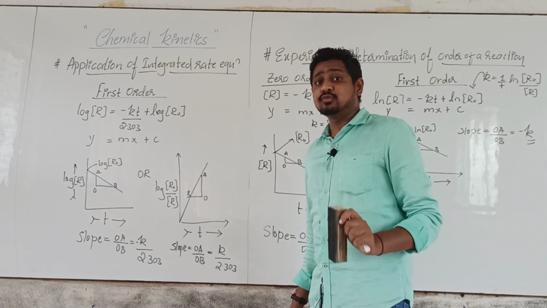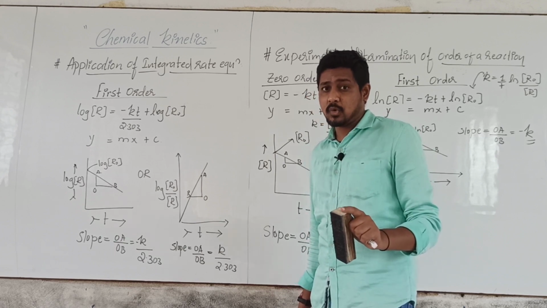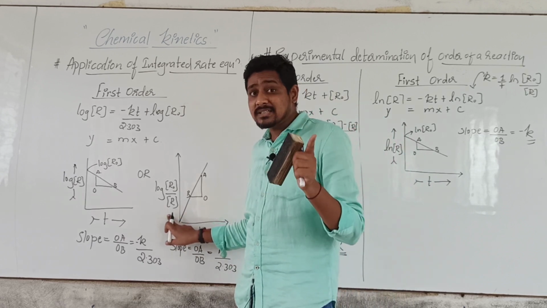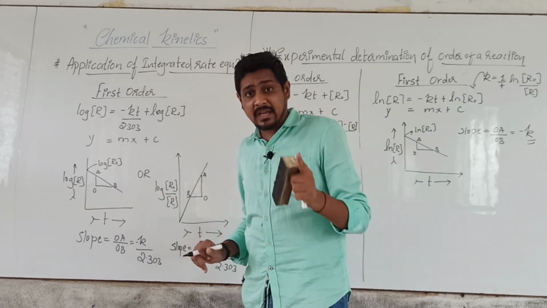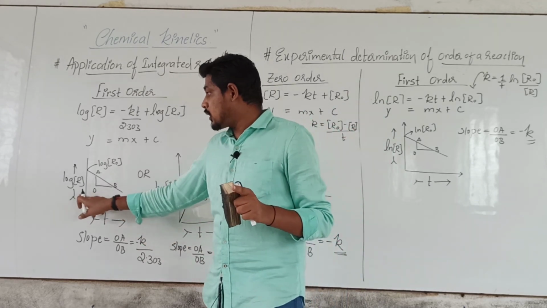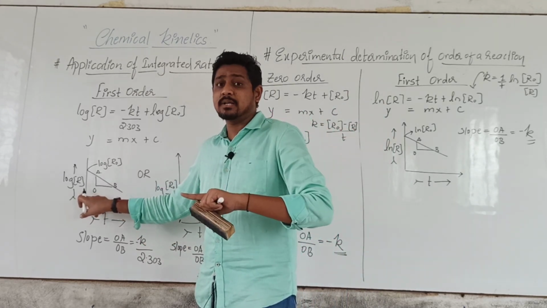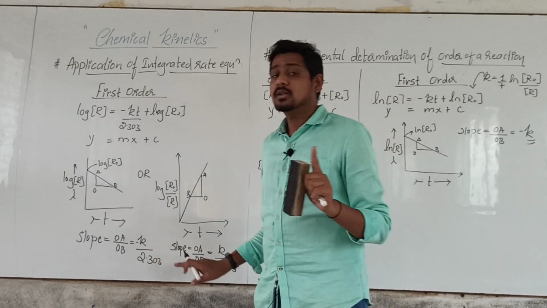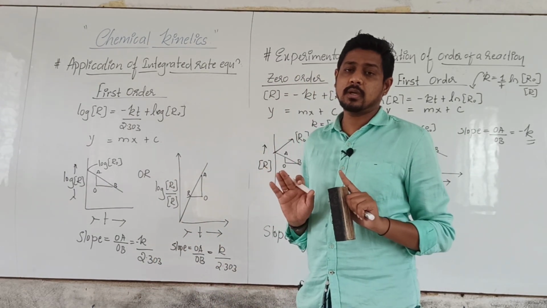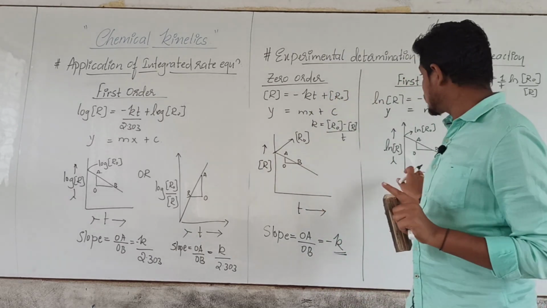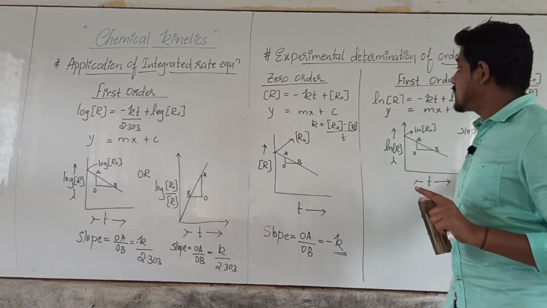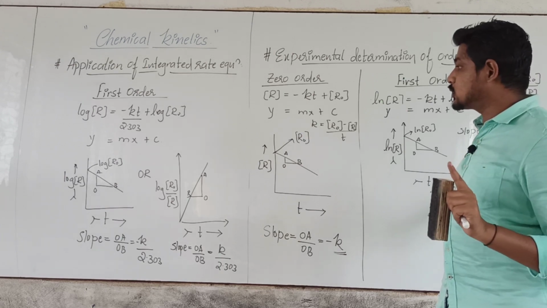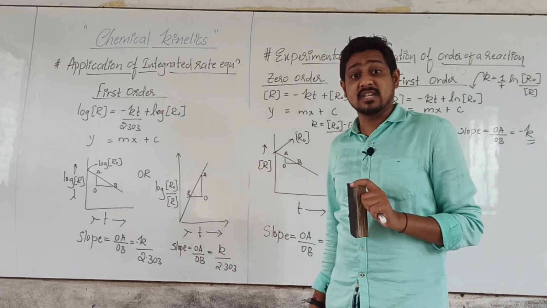So please carefully look into the graphs, whether the graph is given in terms of product or in terms of concentration. Again, look into whether the log is natural log or logarithm to the base of 10. Then the rate constant will be different. All the graphs, the three graphs here, look the same, but you should look at what they have given on the y axis.